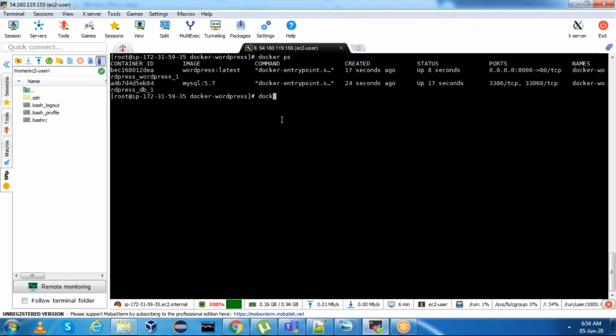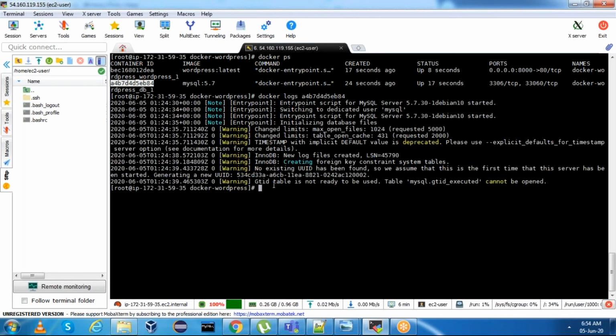One container is the MySQL container, another container is the WordPress container. If you want, you can see the logs as well. docker logs. This is the MySQL container ID. MySQL is ready. The other one is the WordPress container ID. docker logs, this is the container ID.